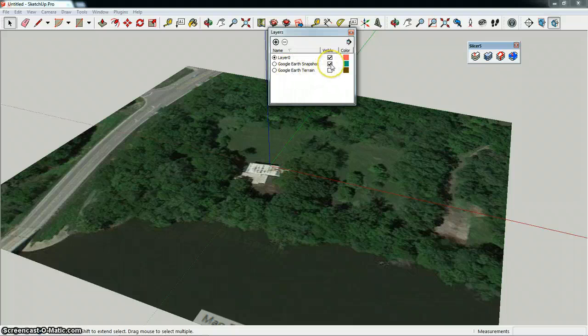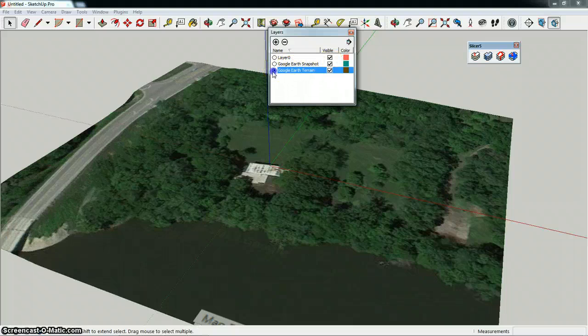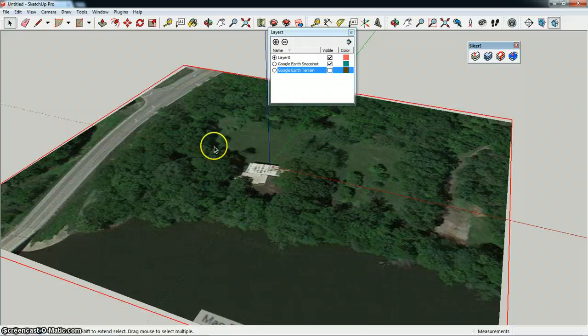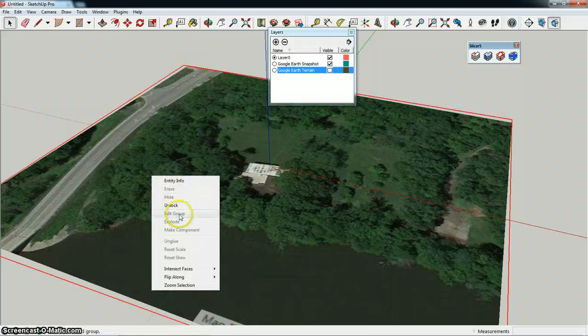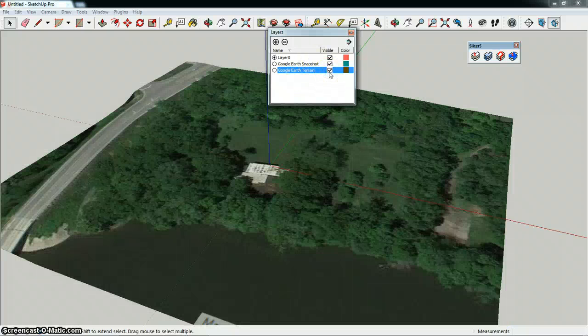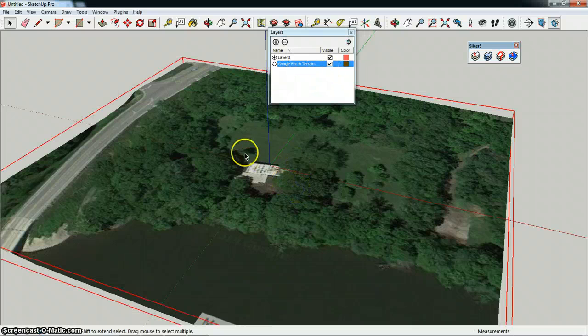So right now what we have shown is the snapshot. So I'm going to go to Google Terrain. And you see that it kind of shifted. So let me turn that off. Let's go back to Layer 0. Turn that off. One of the things I want to do is unlock this, and I'm going to delete it. Now we're also going to delete that layer, and we'll have the 0 layer and the Google Terrain. So the other thing we're going to do is unlock this terrain,